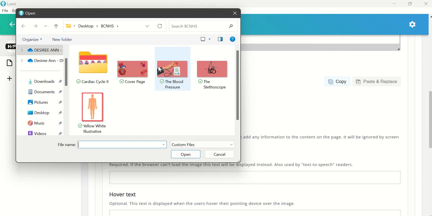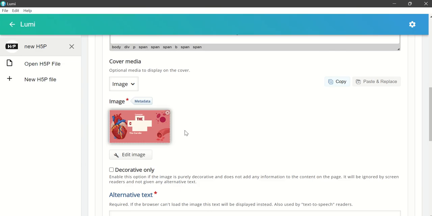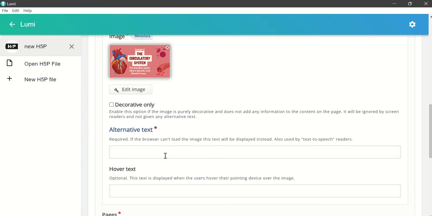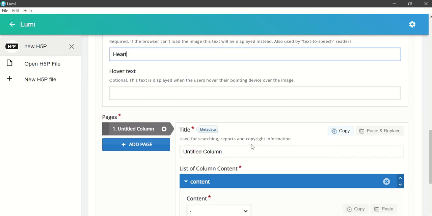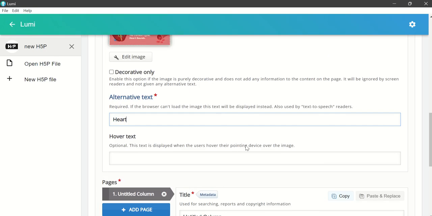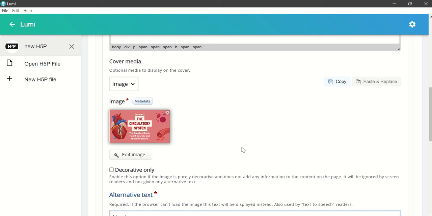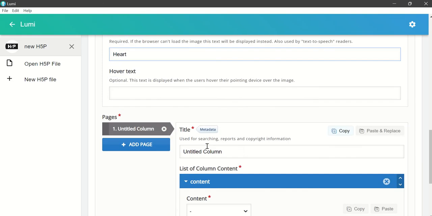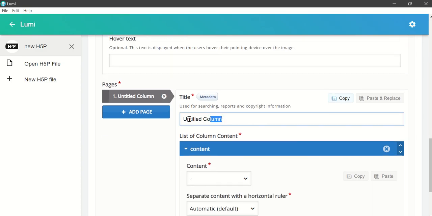So for me, I have here the cover page already labeled. So I'm going to open it. Okay. So for the alternative text, you just need to type there heart. Okay. Right. So we are done making our cover page. So next, here in the pages, in the title column, I'm going first to discuss cardiac